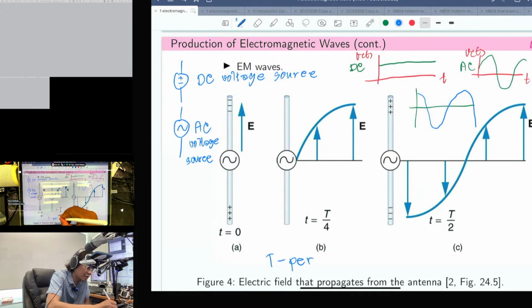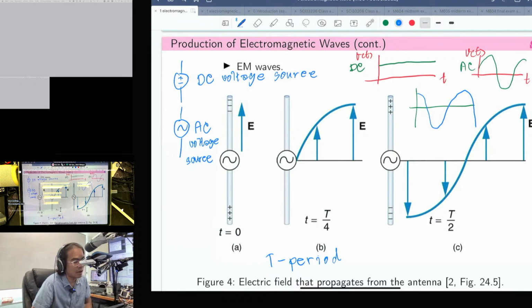What is the period? Period means how much time the wave takes to propagate by one cycle. You just use your watch or your clock to capture the time. Once the wave completes its own one cycle, we say that time is called the period, T. Here at T by 4, you have 0 and there is no electric field at all. And once you let the time go by further by T by 4, you will reach this point, and it means that